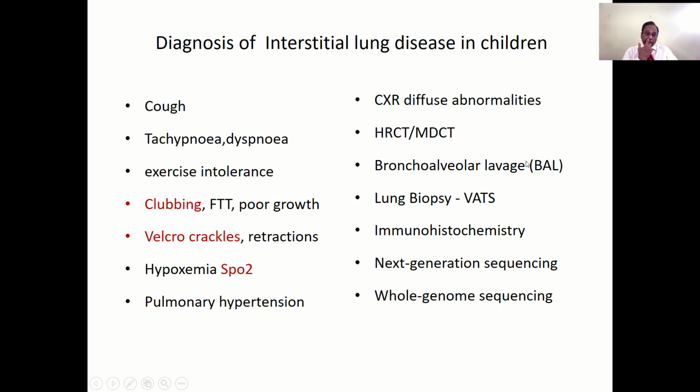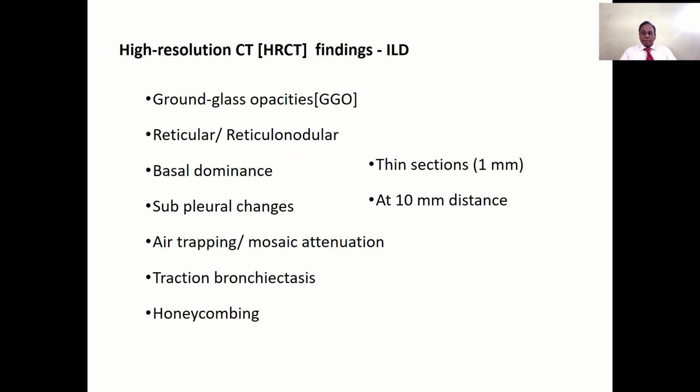Actually, bronchoalveolar lavage I can call a liquid biopsy. I am showing one of the distinct advantages with that. And in the younger age group, think of mutations, surfactant mutation, and you go for either NGS, that is next generation sequencing, or WGS, that is whole genome sequencing. Out of all, the most important thing in the diagnosis of ILD is a high resolution